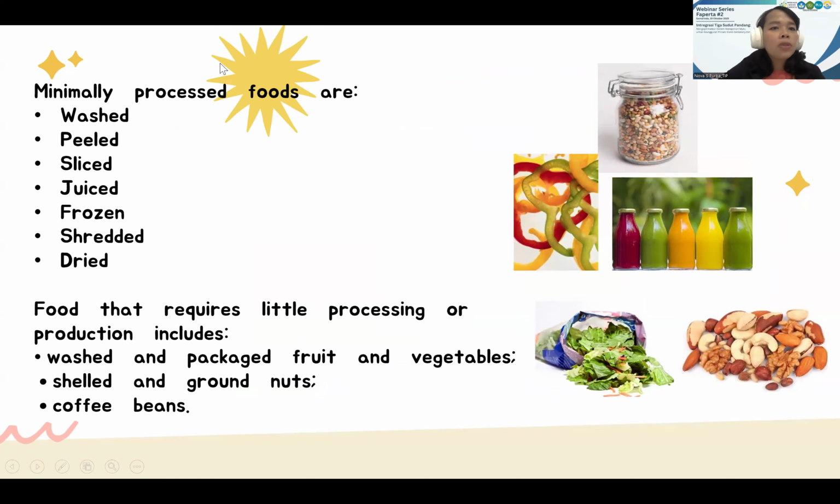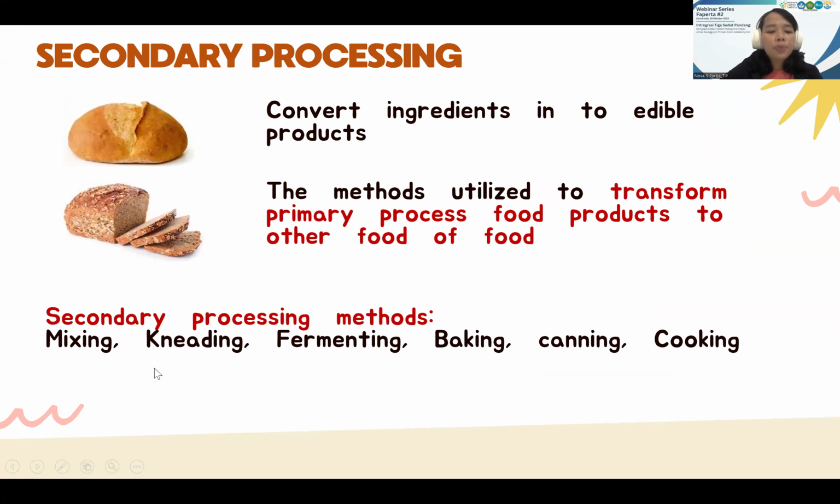Minimally processed food includes washing, peeling, slicing, juicing, freezing, shredding, and drying. Food that requires little processing or production includes washed and baked fruit and vegetables, shelled and ground nuts, or maybe coffee beans. For the secondary processing,